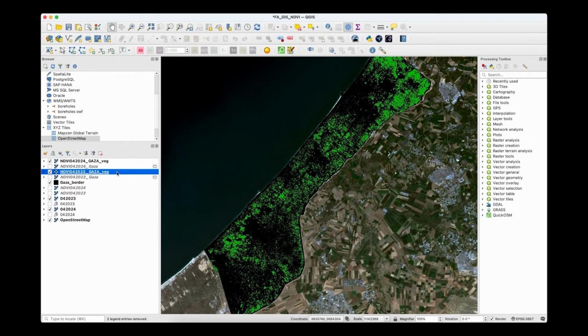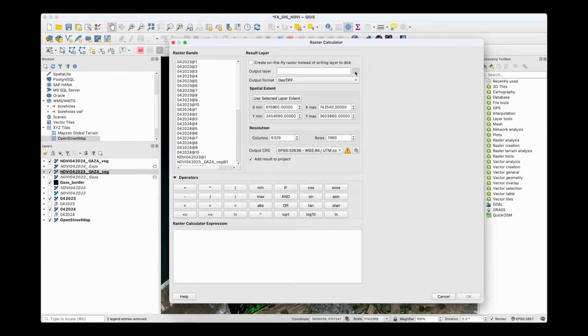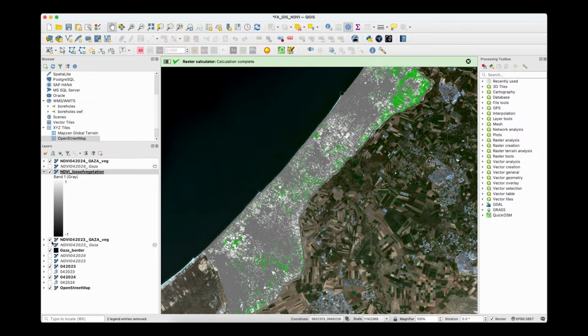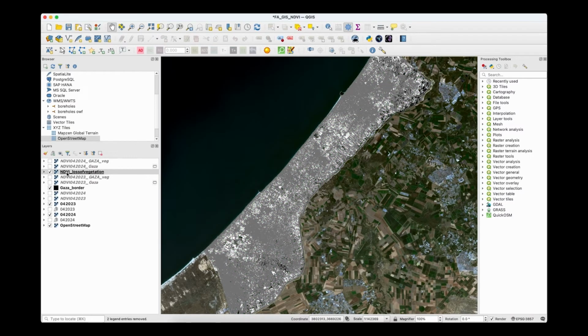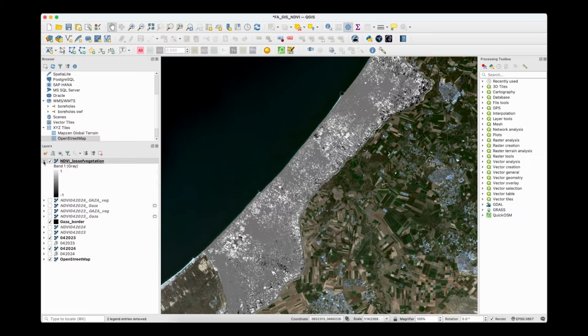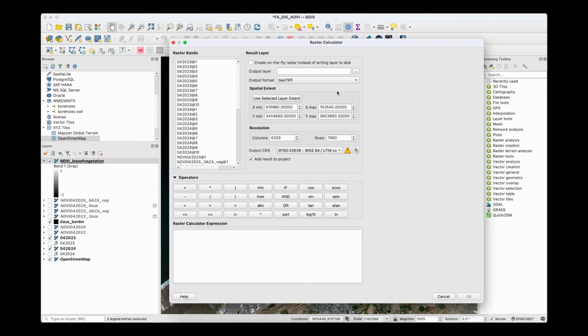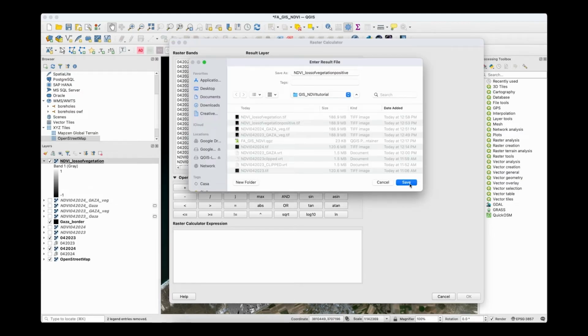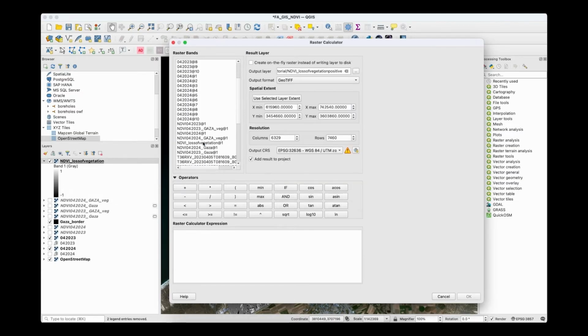So again, let's open the raster calculator, and to do a comparison we're going to simply do a difference between the value of 2023 minus the index of 2024. The result again is going to be a raster image, black and white, with values going from -1 to 1. But what we know is that the difference and the destruction are only positive values. Again, with the raster calculator, we're going to select only values greater than 0,